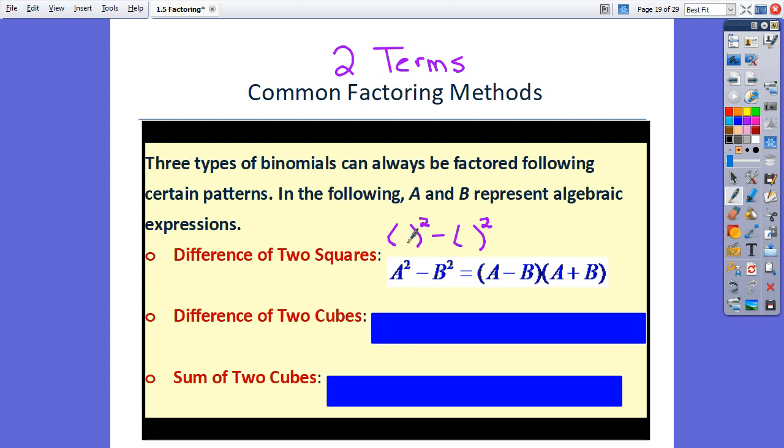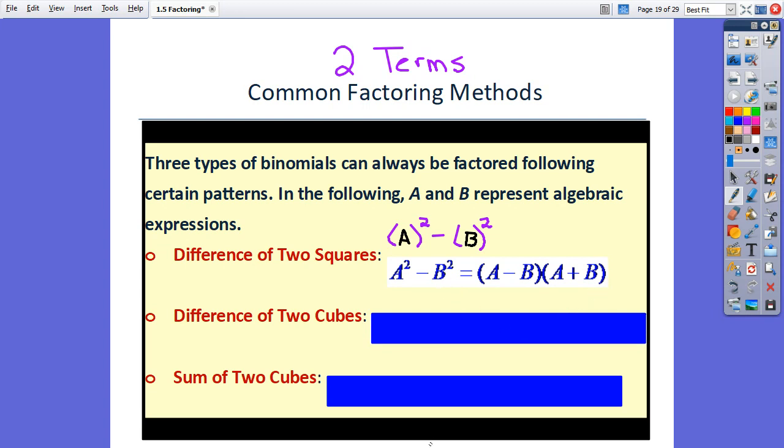So that's what the a and the b represent. What you find here is your a and whatever you find here is your b. And then the factoring formula is simply a plus b times a minus b. Those are conjugates, so they go in conjugates. It makes sense because when you FOIL this, you get a squared minus b squared, which is our difference of